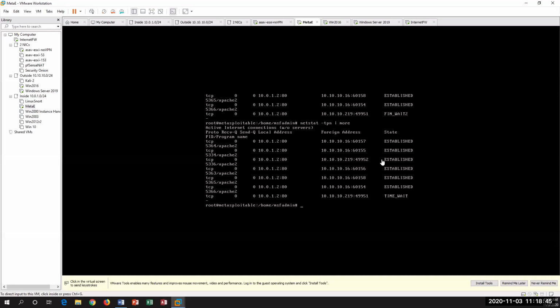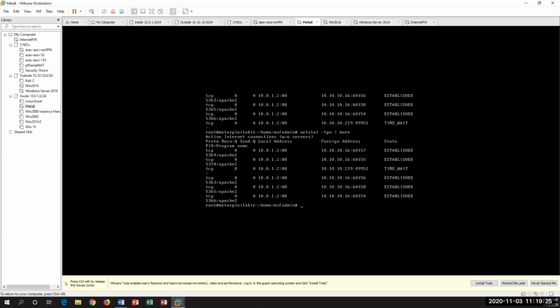The most is 6 of the established. Okay, so that's just because your browser connected, and then when it's not active, the established becomes time wait to finish, fin wait or time wait. Okay, if we do it, up arrow key, click it once, up arrow key, up arrow key, and do it again. Yeah, so it becomes 2 time wait, and then the established is gone. And then you see the other one disappear. Okay, we're not going to spend more time on that, but go by the